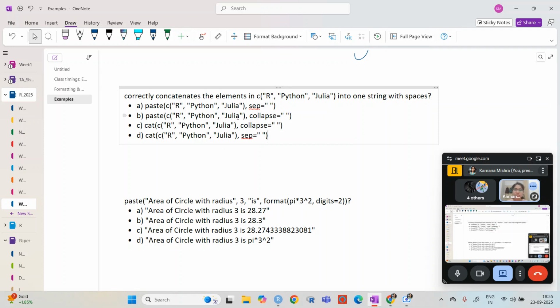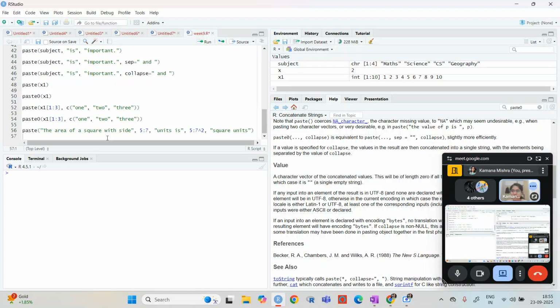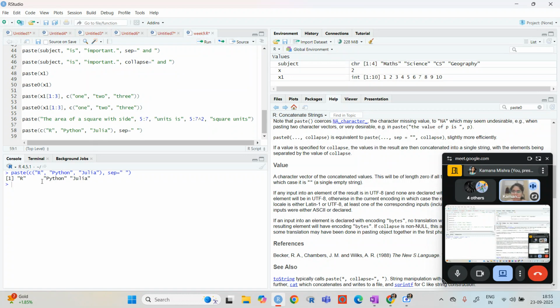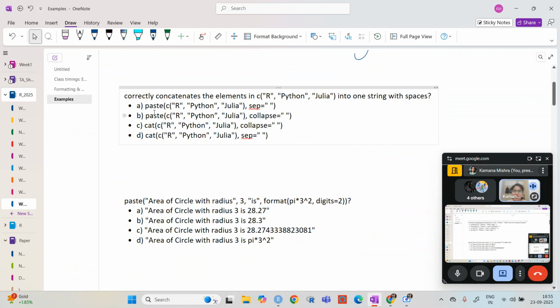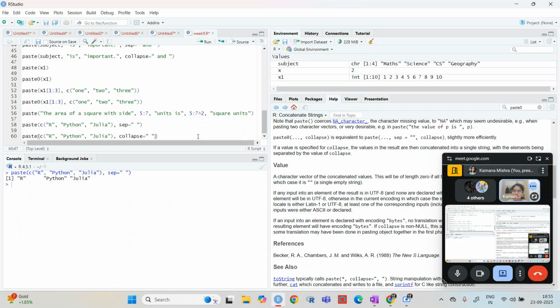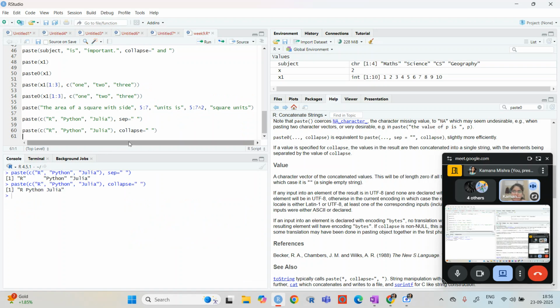Okay, let's just see this first option. So we have just a separate. Okay, so you can see R, then there is separate Python, and then there is separation Julia. If I do it like this, then you can see the collapse.